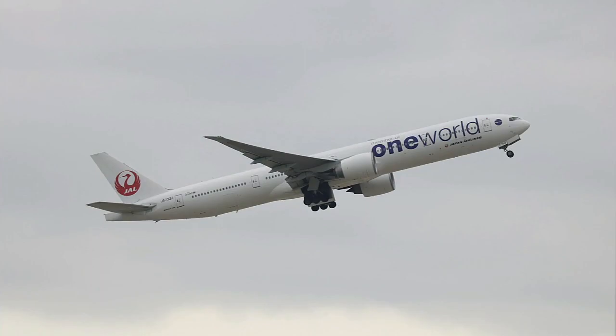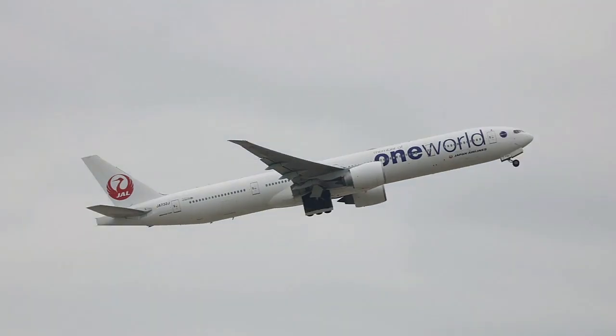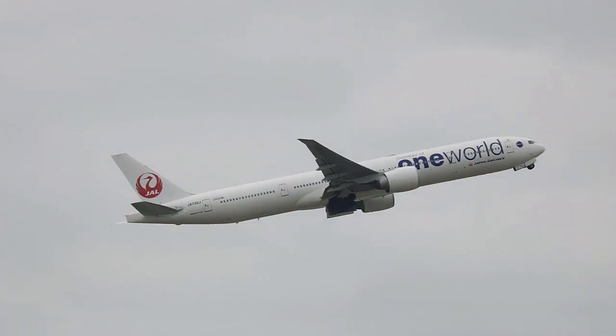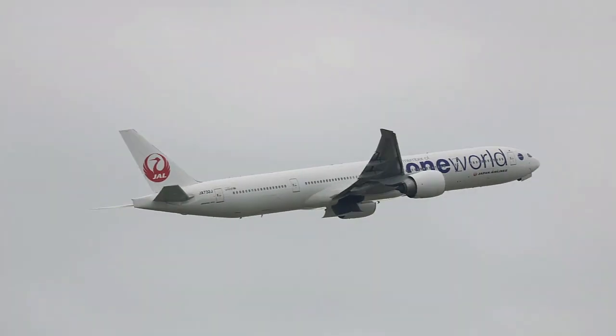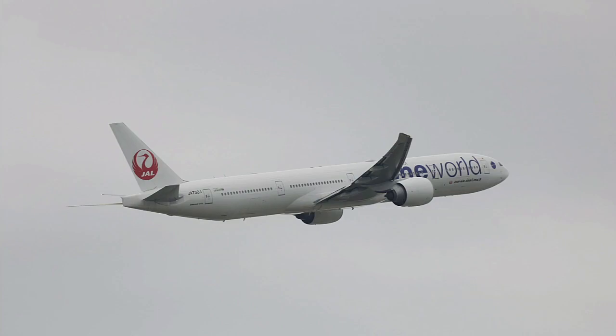So really great to get the 777-300. Still not caught the normal livery yet. I've caught the Oneworld, so how cool is that? But anyway, really great to see this aircraft. Great focus from the camera. Did a great job. So overall, was delighted to catch this, and definitely one of the best catches of the